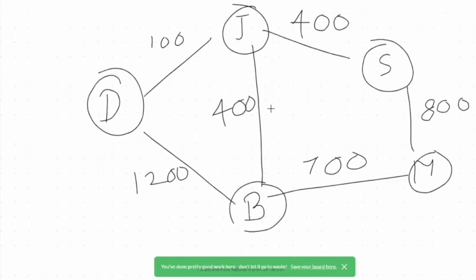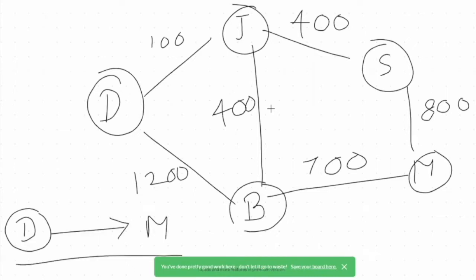Now I have a structure like this. I want to find a path from Delhi to maybe Mumbai. How do I go about finding a path? So if I'm at Delhi, I will see where I can go from Delhi. If I want to see the path from Delhi to Mumbai, my source is Delhi, and from Delhi I want to go to Mumbai. So I just want the path. I don't worry about how the path is. Let's just give me all the paths that I can get from Delhi to Mumbai.